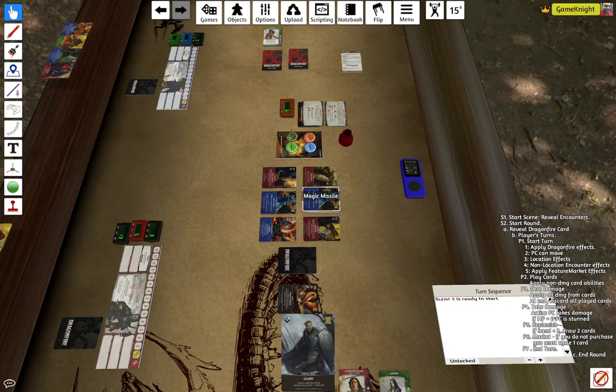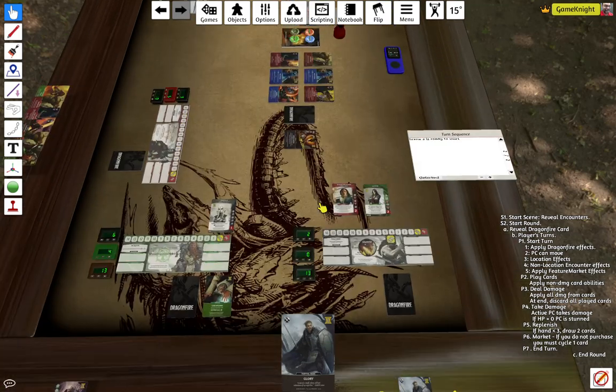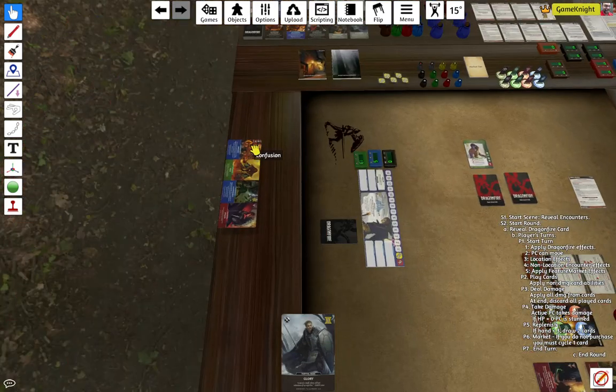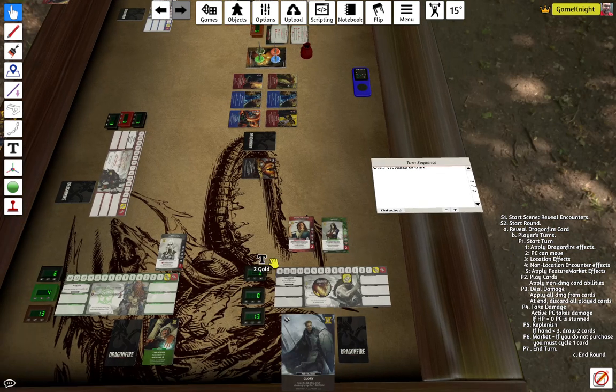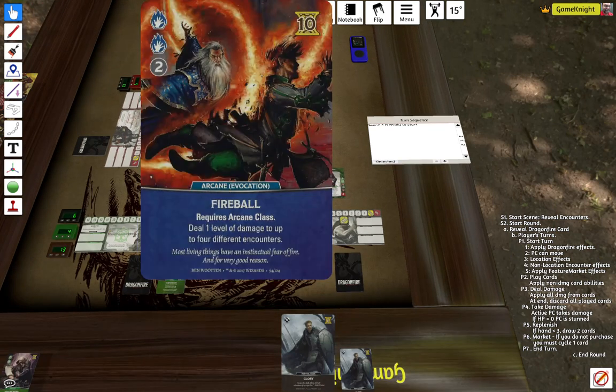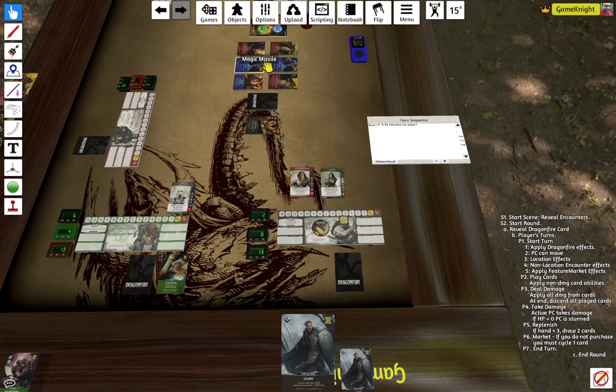Oh, good. Magic missile. Oh, might be good. If I get 2 magic missiles in a row, I don't think I have one. That's confusion. I guess I didn't buy magic missile last time either, but I must have. Magic missile and magic missile. I have 2 magic missiles right here. Okay, well, hmm. So that ends my turn. So